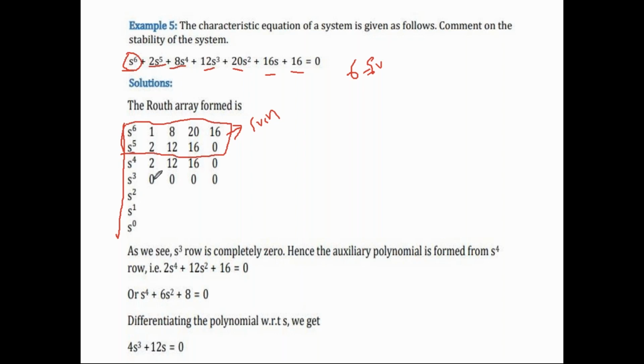Now the s power 4 row. Here, how can we find this: 2 into 8, 16, minus 12, divided by 2. So what do you get? 4 by 2, that is, the answer is 2. So the first term is 2. Next, 12 into 20, that is 240, minus 16 into 8. So how much? 8 6s are 48, 128, divided by 12. So you will get